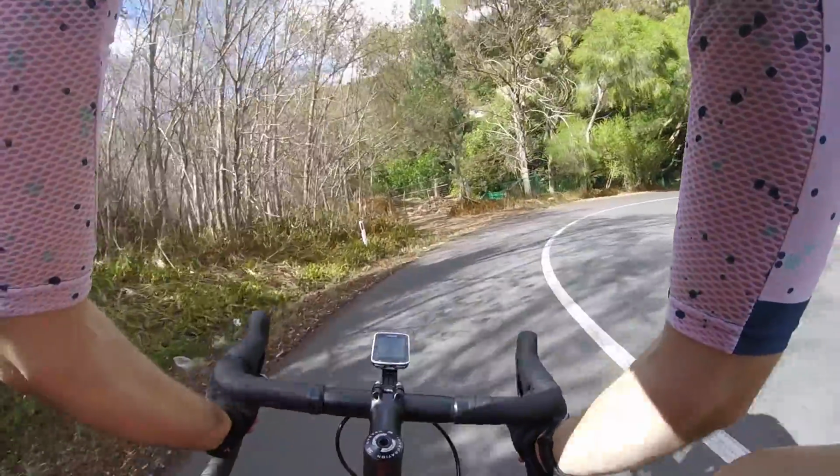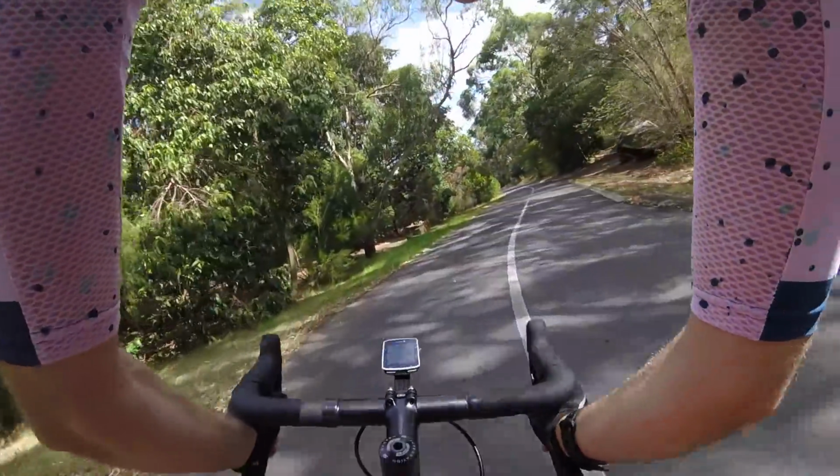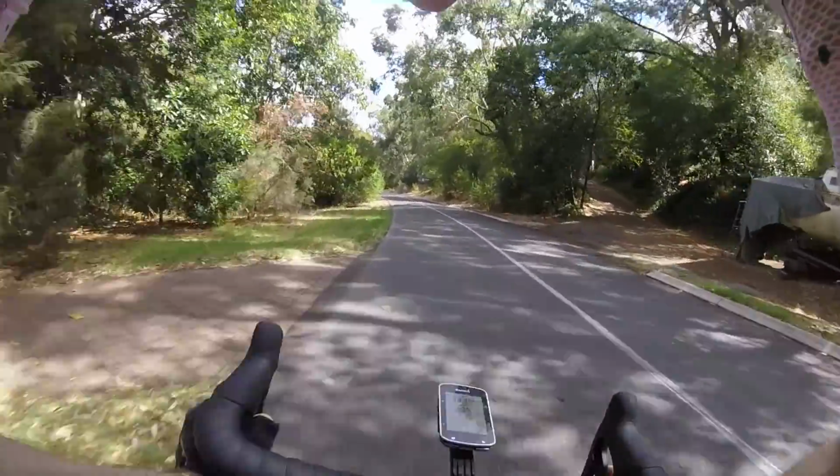So what makes this bike so special? Well, for starters, the geometry. This is exactly the same geometry as the Super Six line of bikes, which is what they're racing around in on the Pro Tour. So it just handles fantastically well. It's so smooth, incredibly stable. It's got a sharp front end, but it's not as sharp as something like a TCR Advanced or my Specialized